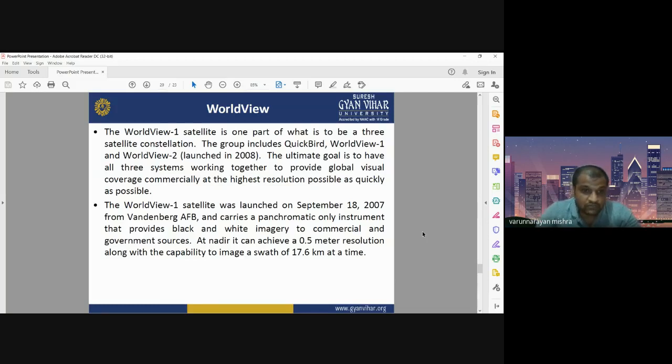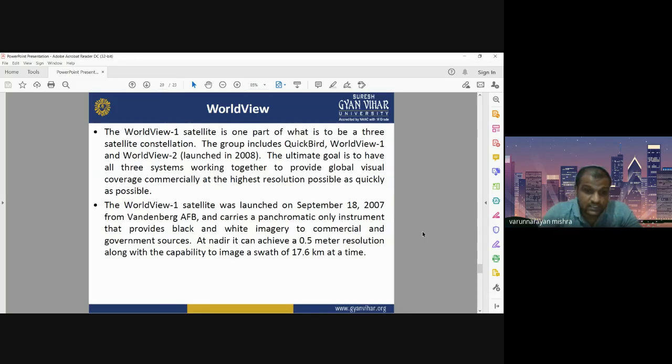Okay, the WorldView 1 satellite was launched in 2007 from Vandenberg and carries a panchromatic only instrument. WorldView 1 has a panchromatic band, a panchromatic sensor. If it is panchromatic, then it will provide images in black and white mode to commercial and government resources. And at Nadir, it can achieve a spatial resolution of 0.5 meter.